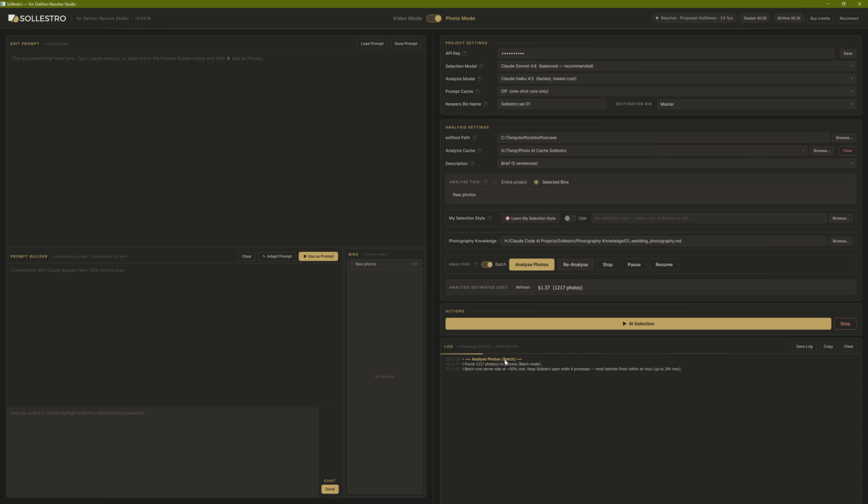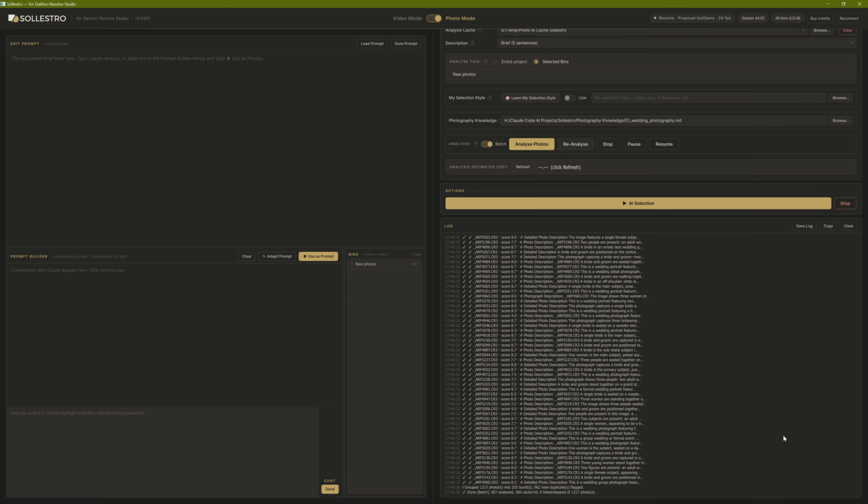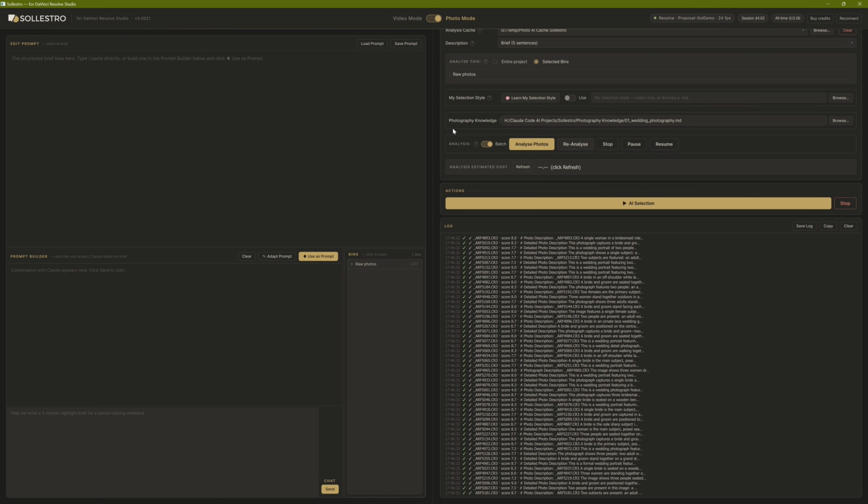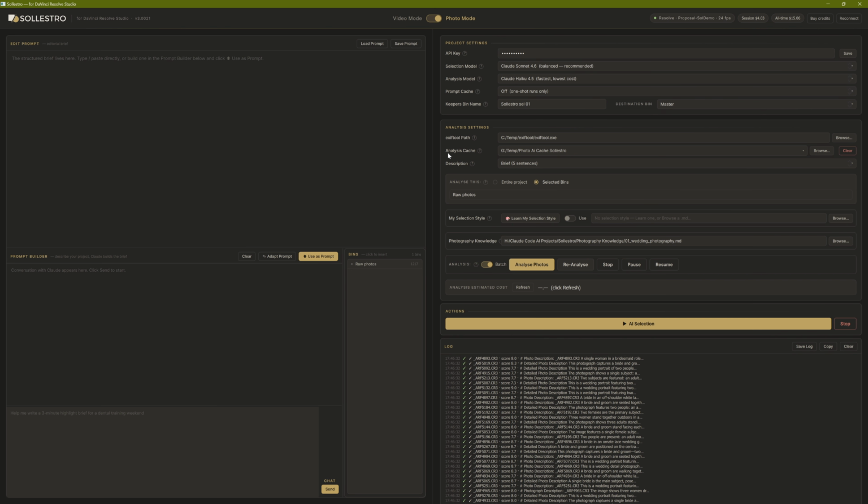While Sollestro is creating the thumbnails and sending them over, we're just going to leave it and come back when it's finished. Okay, after a little while, the analysis is finished already. 0 photos failed, and we get all saved in the cache. All we have to do now is